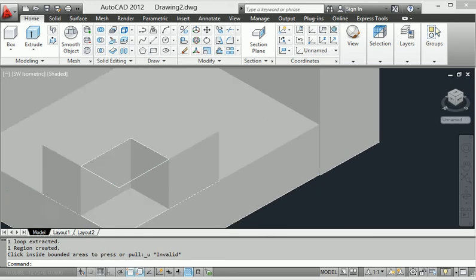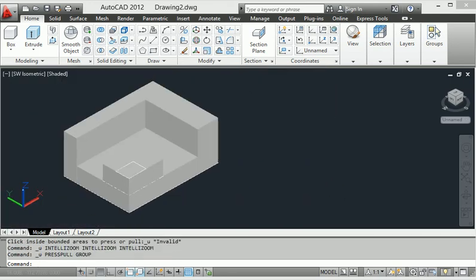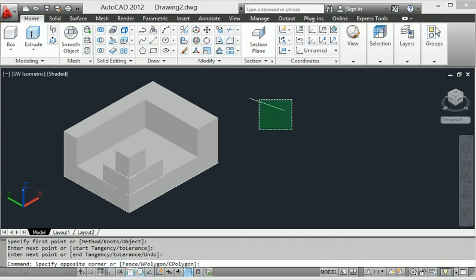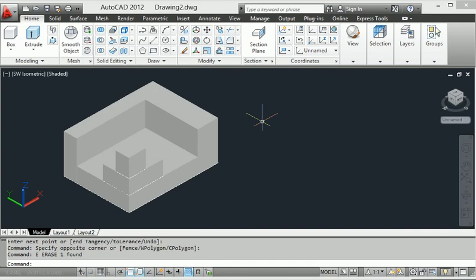Back. I use the press pull command in an upward distance. So look at this, it is very easy to convert with this command.